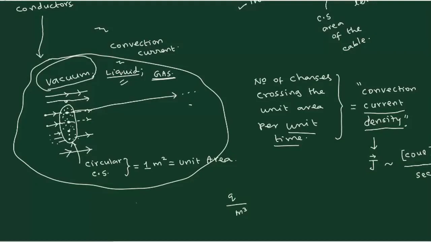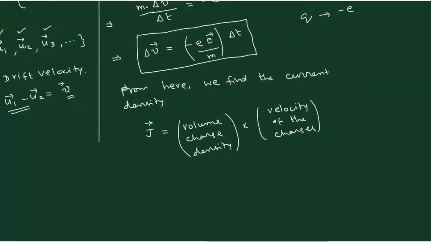If in a small unit time, meaning 1 second, these electrons will be occupying a small cylindrical region like this. This is a part of the cylinder. So many electrons will be there. If you allow 1 more second, then a similar circular cross section you can draw and join like this. So each bit here represents 1 second. This many charges are there in 1 meter cube. Therefore, that represents the charge density. So whatever we have written here, we are now able to get the meaning. This is the volume charge density.